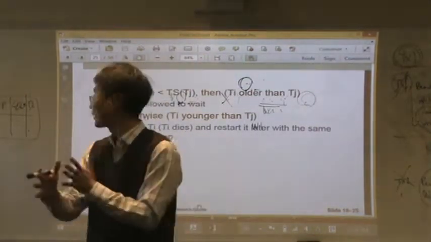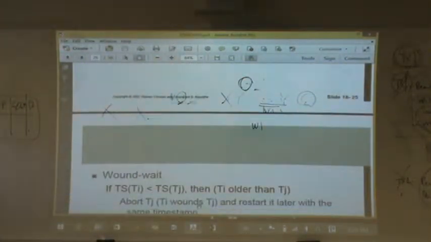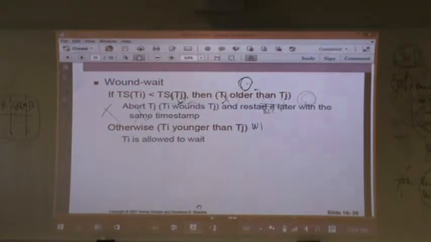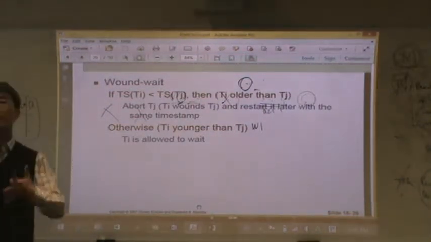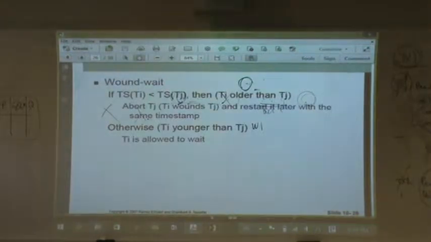What about wound-wait? What's that? The wound-wait is the opposite. The older one will die, and the younger one will wait. So in this case,